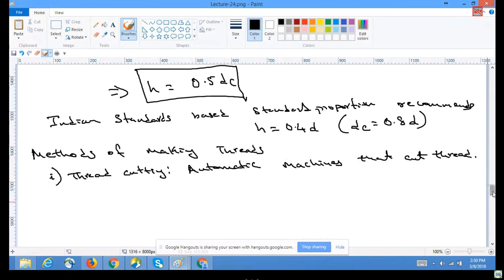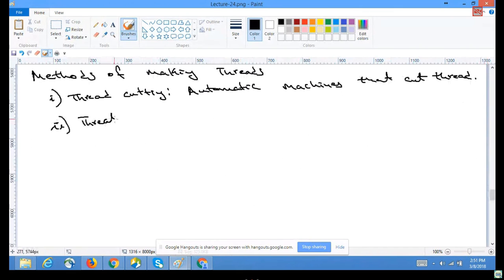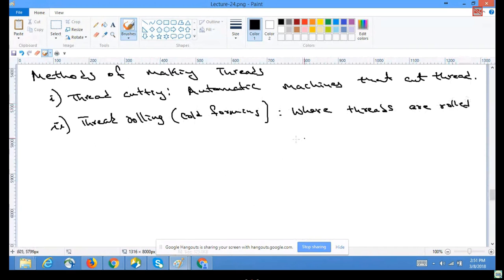and the other one is thread rolling, also called cold forming, where threads are rolled from bar stock between the dies. Because of the thread rolling,